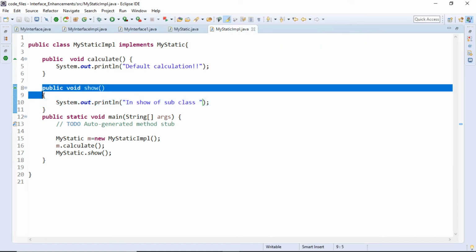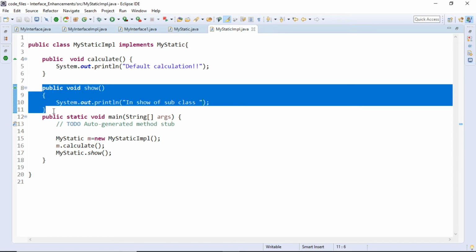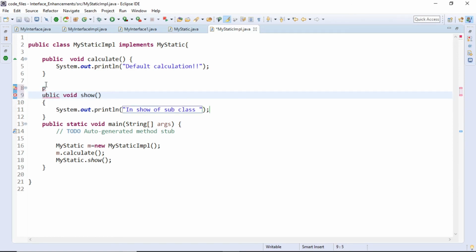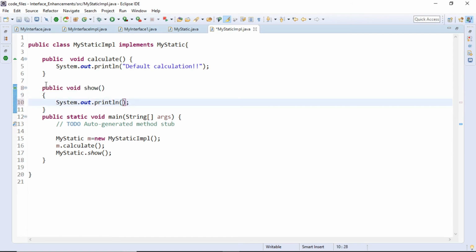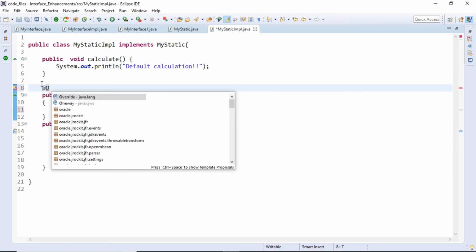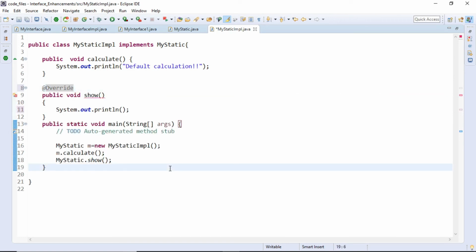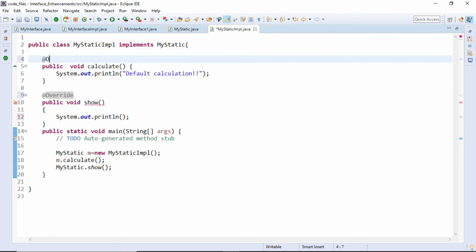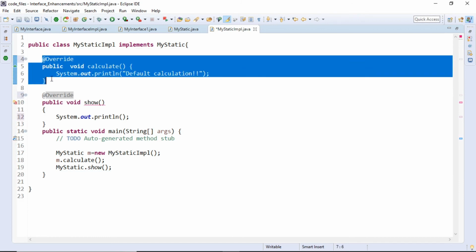Now what is this method then? Whether it is an overridden method or something which is not overridden. To check that, I'm going to apply the annotation over here. And the moment you apply the annotation, it is saying that it is not an overridden method, right? If I go to this calculate, unlike the show method, this method is an overridden method because this was a default method.